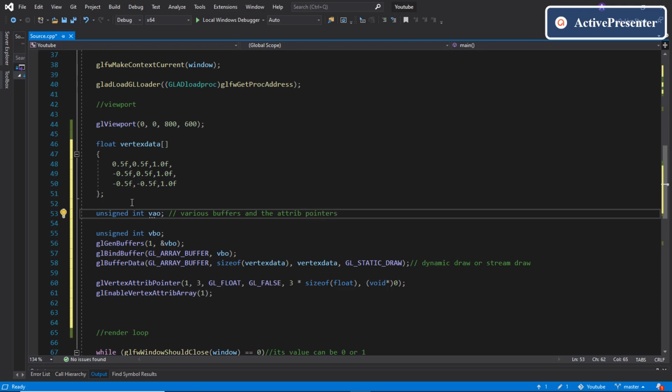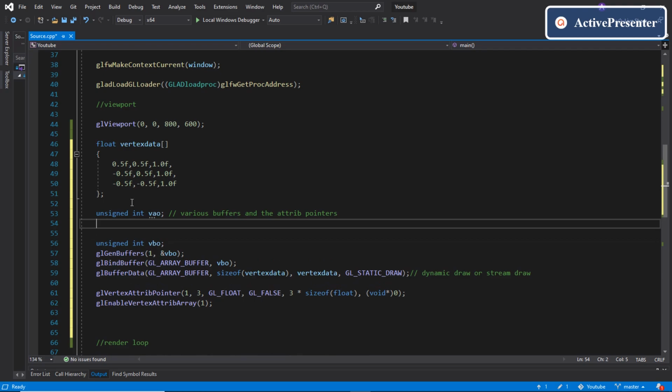Is it okay? The next step of any object is initializing it. So we'll write glGenVertexArrays. Inside this, the size of the VAO, that is 1, and the VAO itself.